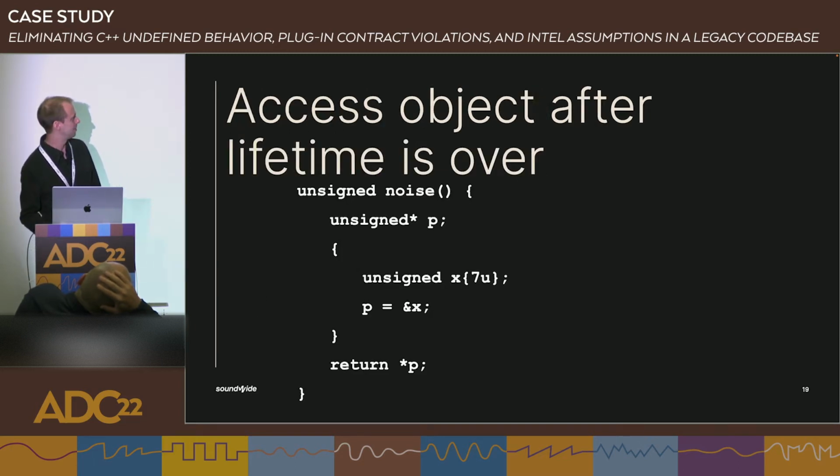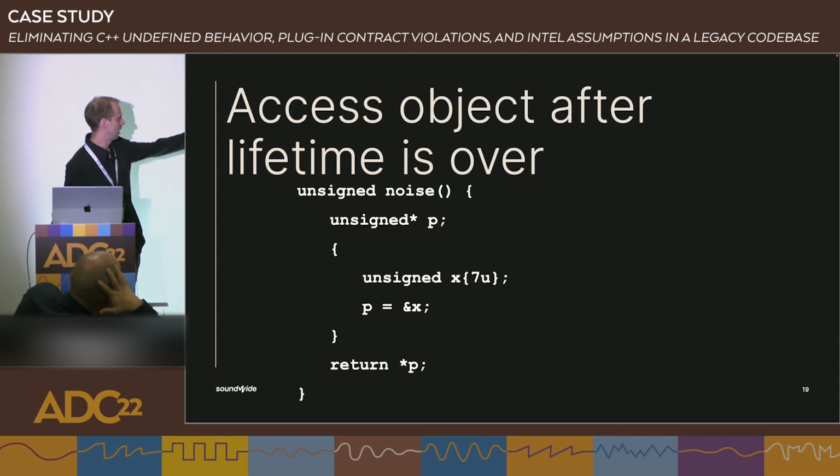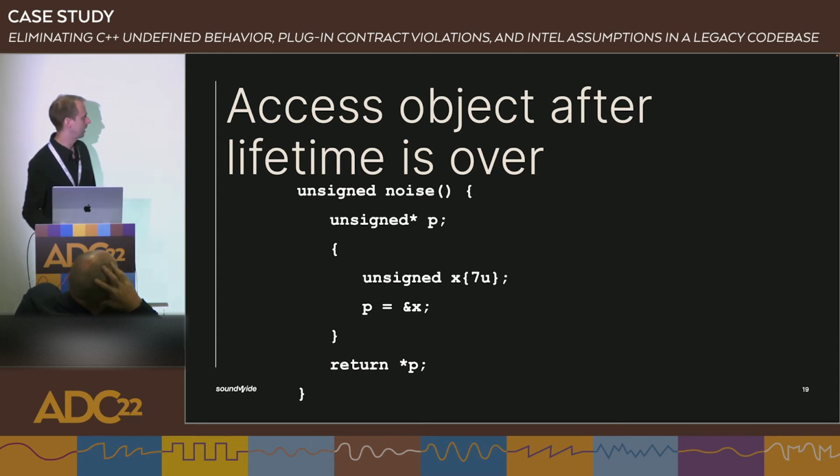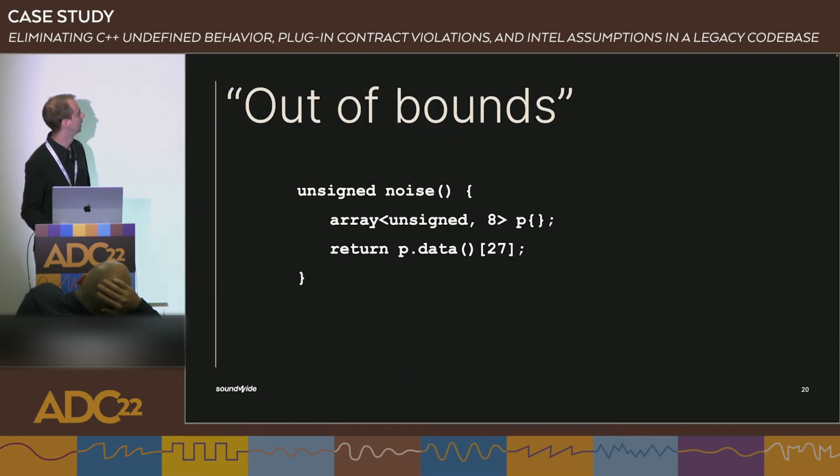Accessing an object after its lifetime is over. So in this example, we're creating this variable x in the middle there. We're then assigning that to a pointer p. Then we're killing x, and x's lifetime is over. And then we're dereferencing the pointer to that. That's undefined behavior because we're accessing x even though its lifetime is over. Out of bounds: if you have an array of 8 elements and you try to access the 27th one,